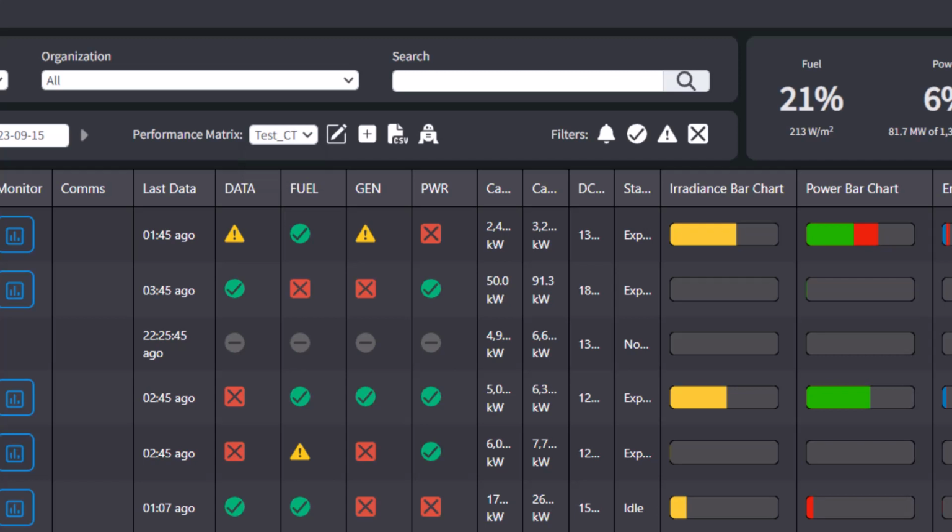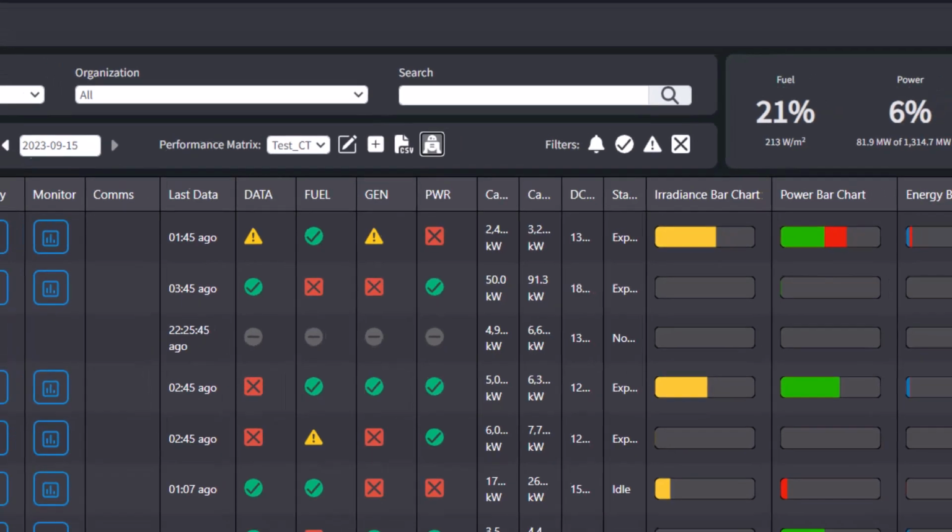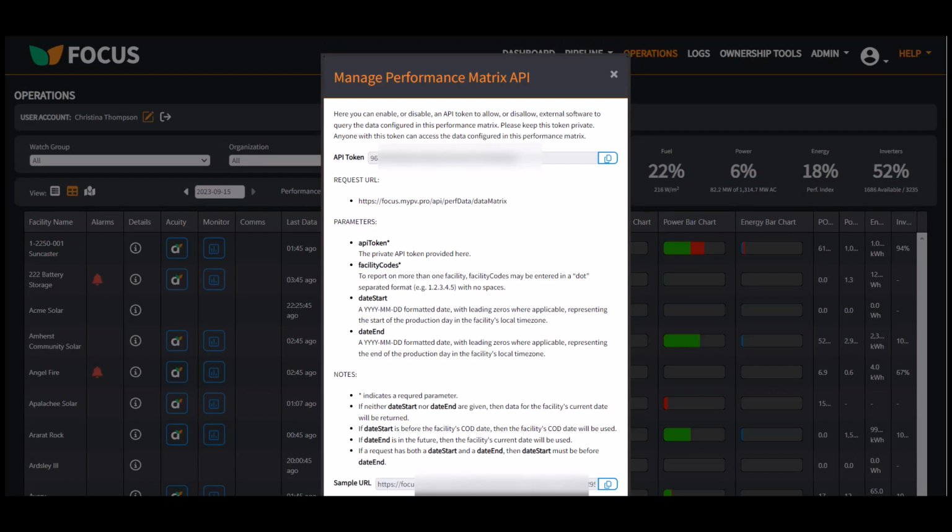In order to retrieve the performance matrix API data, we'll click on the Manage API button. It looks like a little robot. Our URL will consist of a few different parameters. First, we have the API token. This parameter is an authentication token that is used to authenticate your API request. API tokens are often provided by the API provider and serve as a form of authorization to access the API's